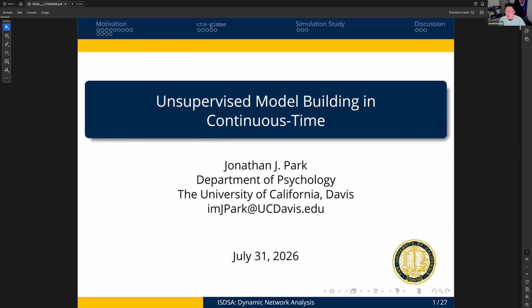I am Jonathan Park. I'm an assistant professor at UC Davis. And it was 6 a.m. when this started. I'm on the opposite end of Sy-Miin, where instead of staying up all night, it's just very early. But luckily, the jet lag from Seoul is helping me because I think it's like 9, 10 p.m. there now. So I feel kind of okay. Like I took a nap in the middle of the day.